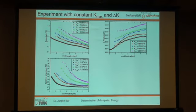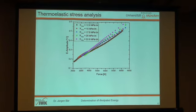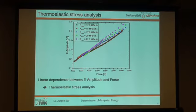Specimen temperature is decreasing during the experiment, and also the heat flow measured by the Peltier element is decreasing in this experiment. And now we wanted to compare these two methods, and I will start with the E amplitude. When we take the E amplitude, thermoelastic stress measurement, when we draw the E amplitude values over the force, we get a linear dependence due to the